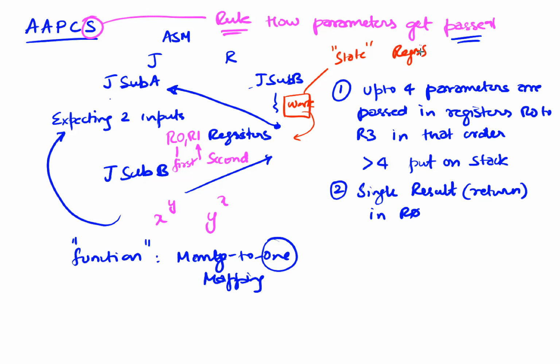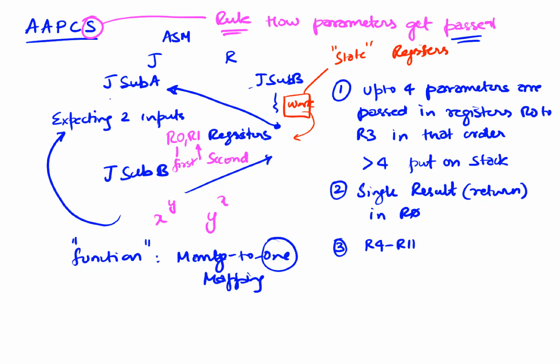So you are obligated to preserve the registers in my safe bucket, which preserves the state. So the third rule is about such an obligation, and the obligation says that registers R4 through R11